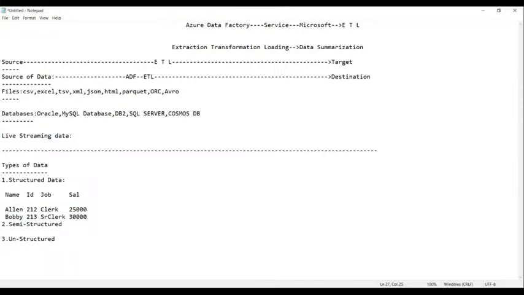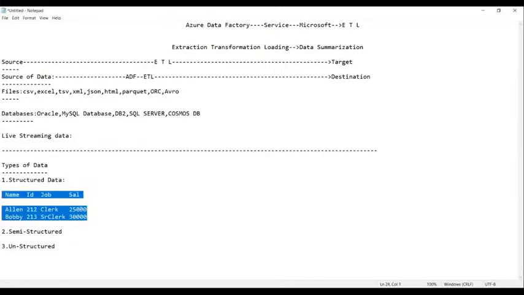Likewise we have all the data. This data is properly kept in the form of rows and columns.